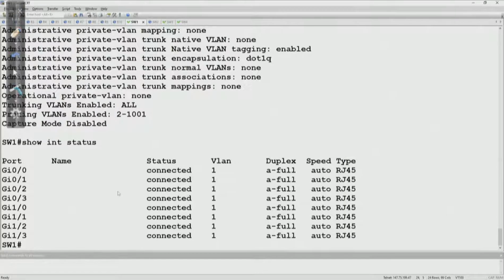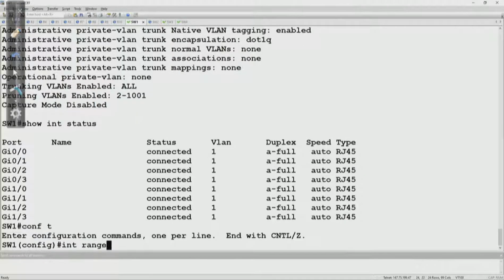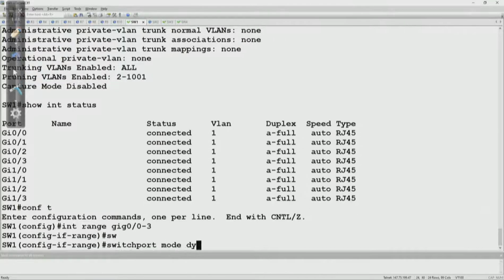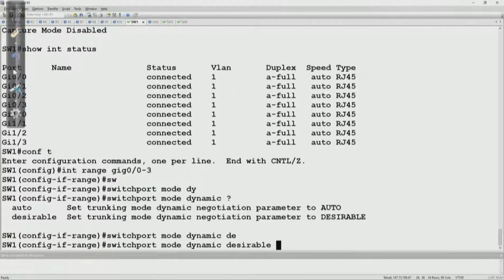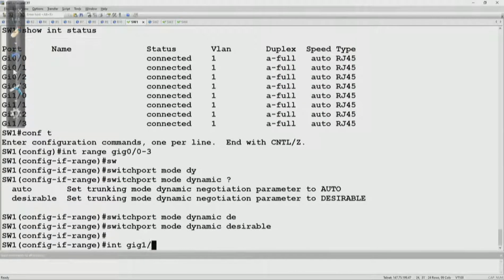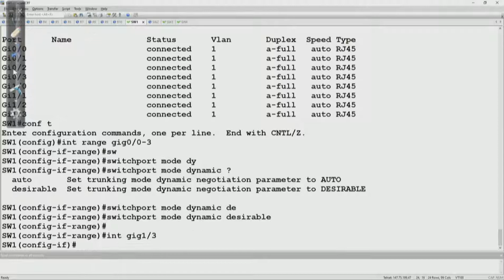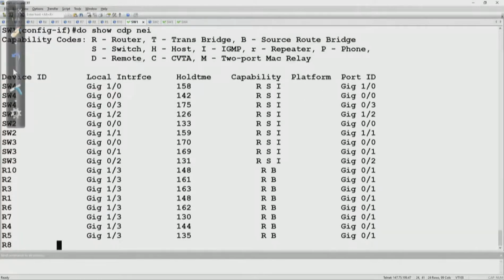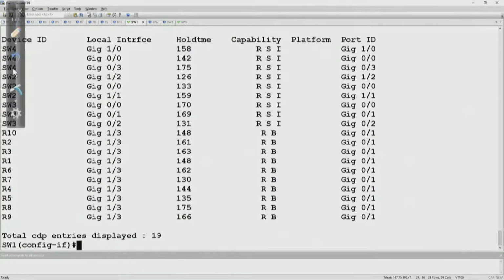Okay, so a couple changes that I'm going to make here on switch 1, interface range gig 0/0 through 3, we're going to set the switchport mode to dynamic desirable. Okay, on gig 1/3, which is the port that goes to the routers, if we do show CDP neighbors, okay, gig 1/3 is the port going to all those routers. We're going to set this as a static trunk. So interface gig 1/3,